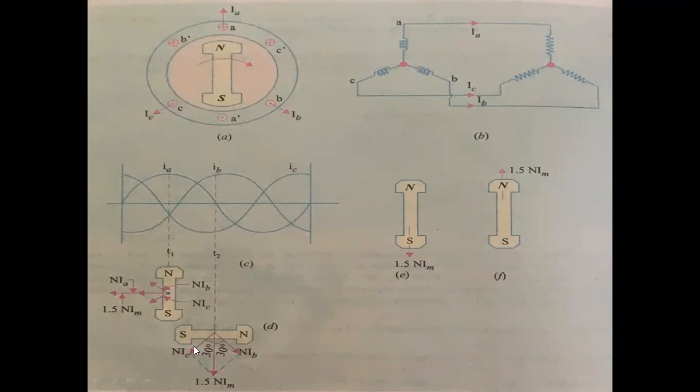Okay, so see here, the total armature MMF is again the vector sum of two MMFs. So armature MMF can be written as 2 into 0.866 N into Im cos 30 degrees, which is equal to 1.5 N into Im. So I can say that armature MMF will be remaining constant with time, right? And it is 90 degrees behind the main field MMF.